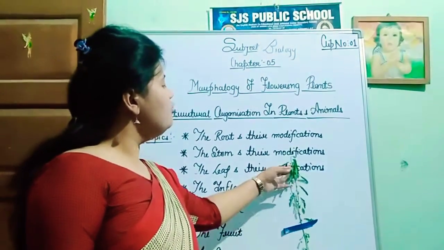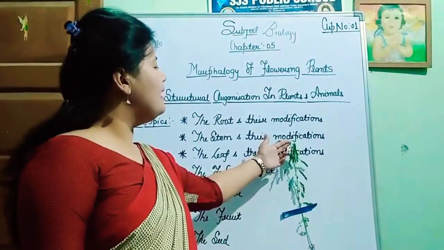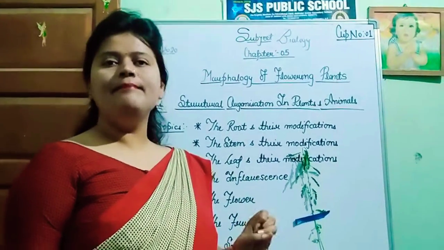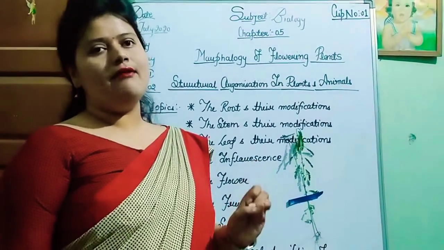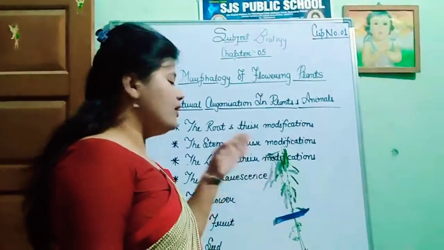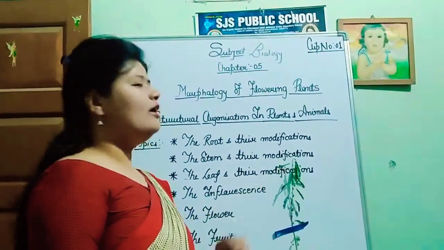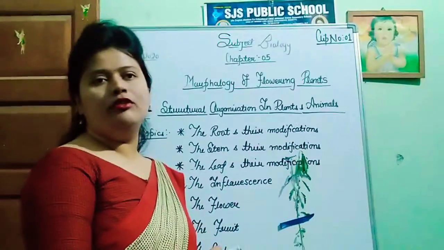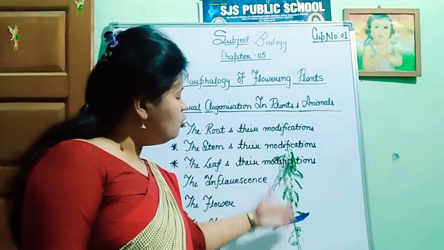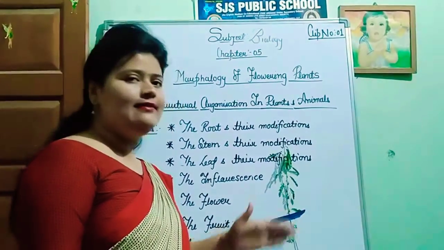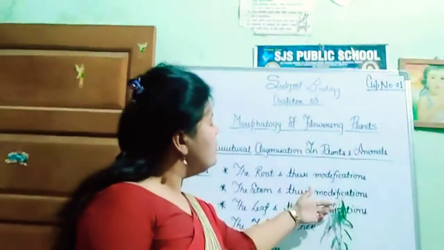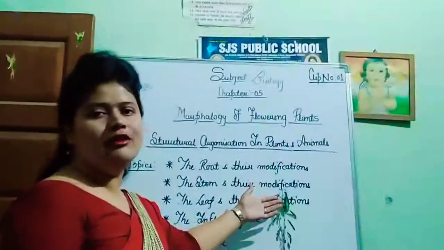The greenish portion which you can see with the naked eye is called the leaf portion. So leaf, stem, nodes, internodes, flowers and seeds are included in the shoot portion. This plant does not contain fruit and seed portions. It only contains the root portion and shoot portion. In the root portion, primary, secondary and tertiary roots are differentiated, while in the shoot system only stem portions and leafy portions are present.